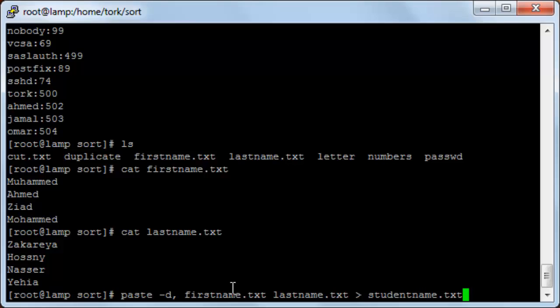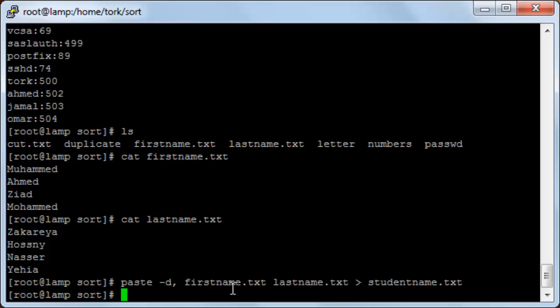So after both of those files' contents are combined, they will be in a newly created file by this name, studentname.txt. Now I'll press enter and I will type cat studentname.txt